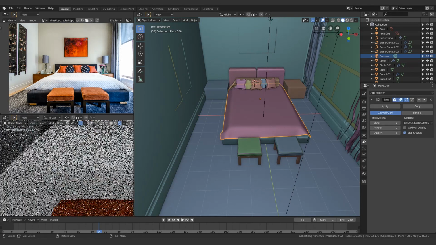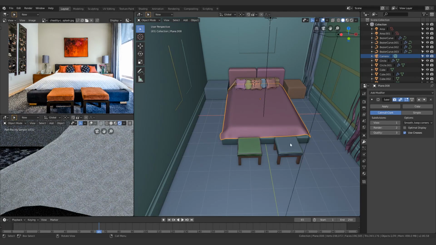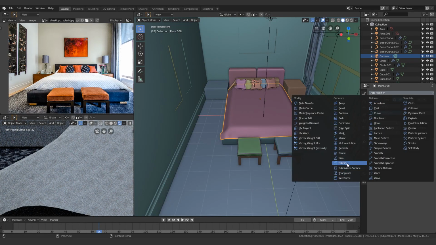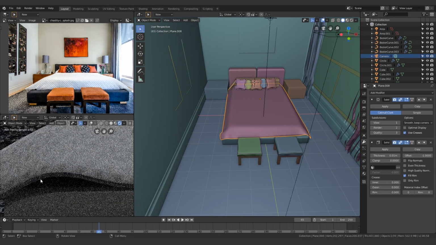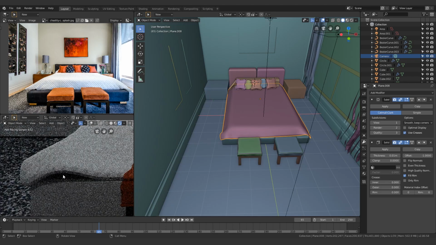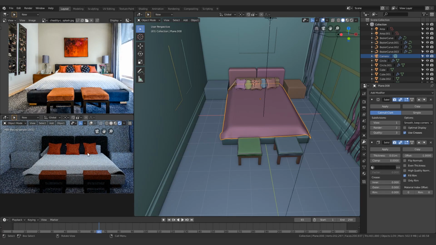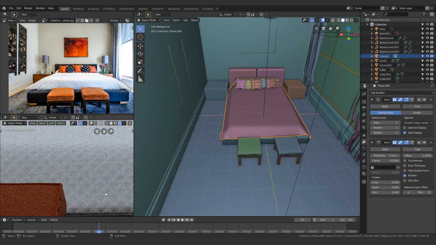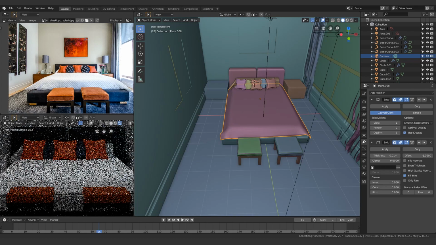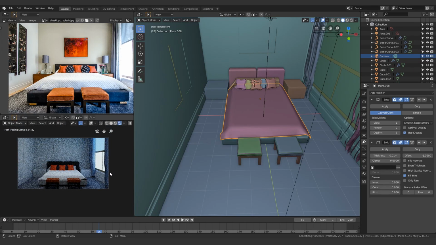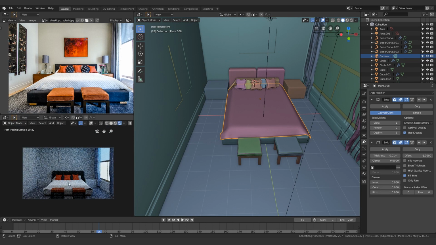I do feel like this needs to be solidified, to be honest. Solidify. Yeah, it needs to feel thicker. Yeah, that's much better. Alright. Yeah, that's insanely better than what it was. All right. Next up,